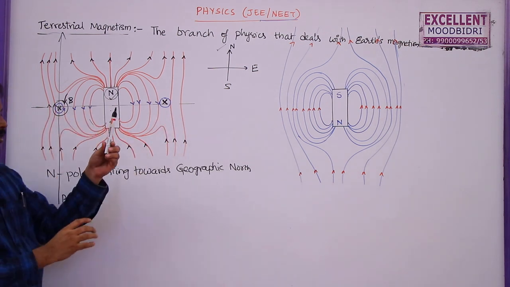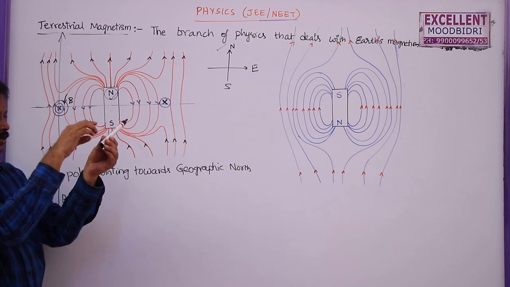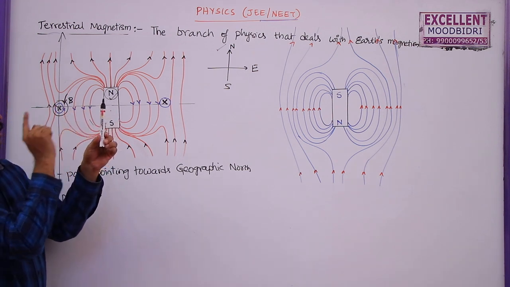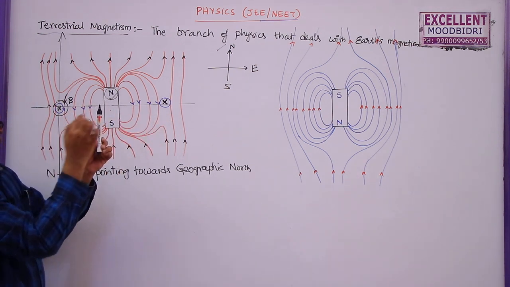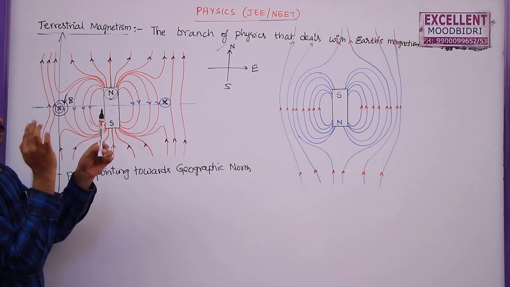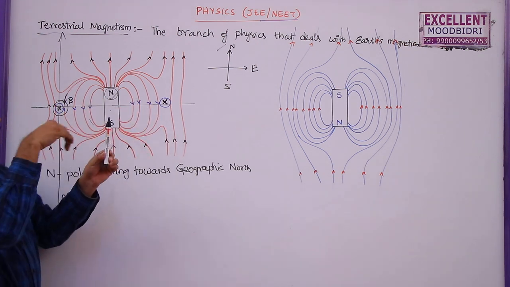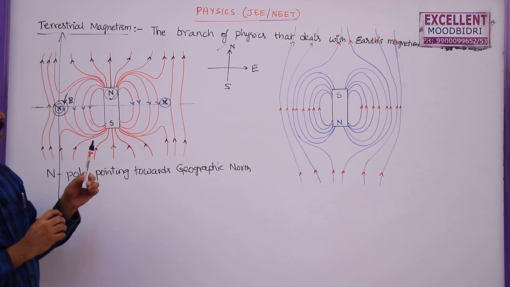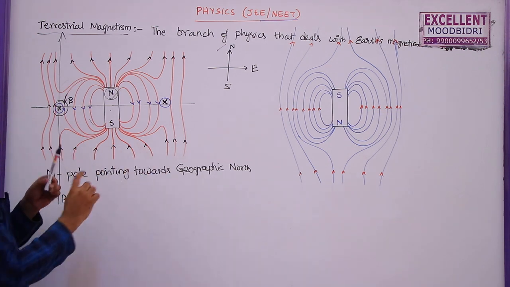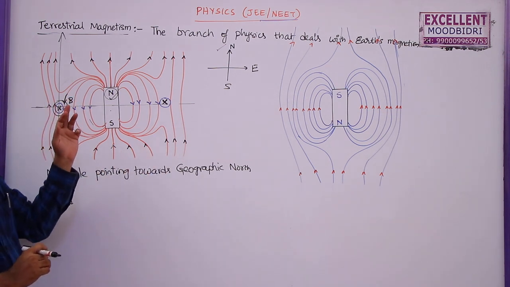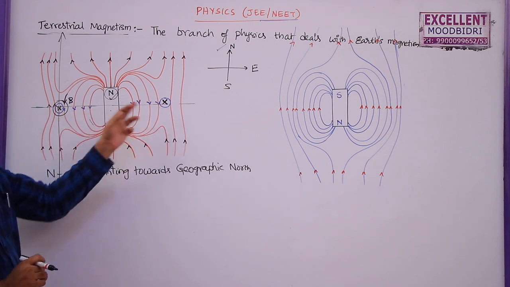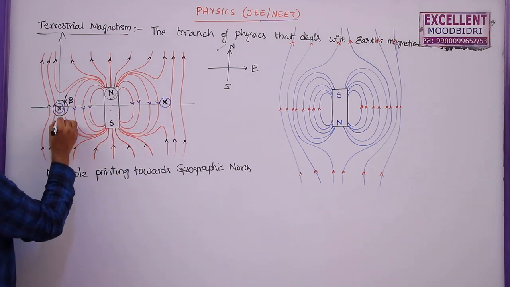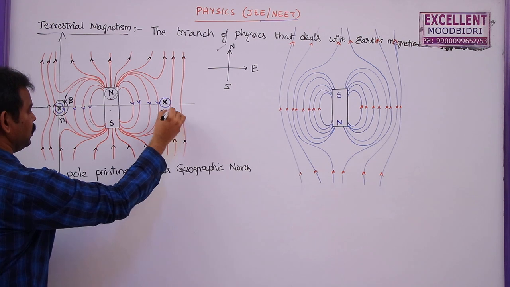But in reality, if a bar magnet is placed like this in the direction of north and south, on the equatorial line you will get two null points here. So you will get a cluster of null points around this one. So all these points will form a circle. But I am not drawing that three-dimensional diagram. I am just drawing the two-dimensional diagram. Here I am going to get two null points, N1, N2.